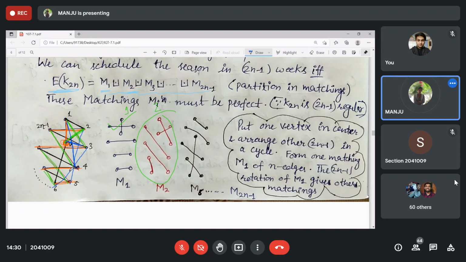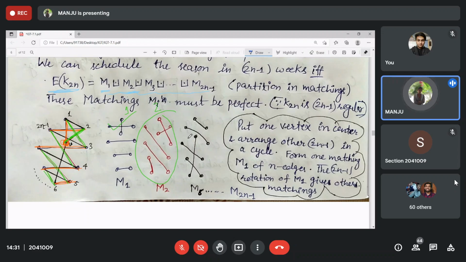Are you getting me? But I'm just trying to see. And then 4 to 8 is done, no? 4 is adjacent to 1. So we are done. Then 7. Yes, you are right. 7, then 7 to this one. Then which one is left? 2 is left. 1 is done, 2 is done, 3 is done. I'm getting confused in this one.